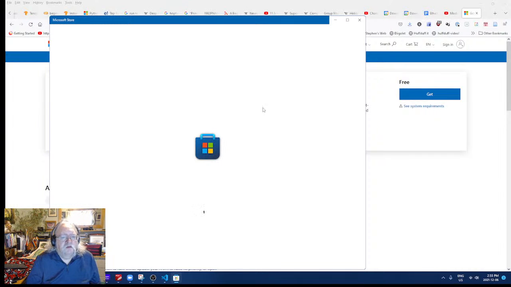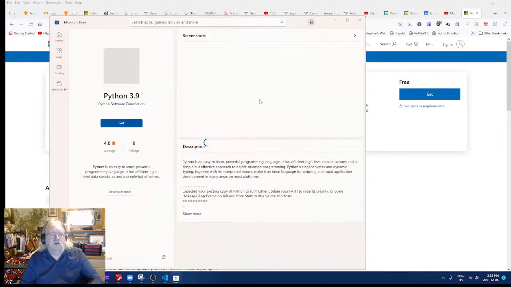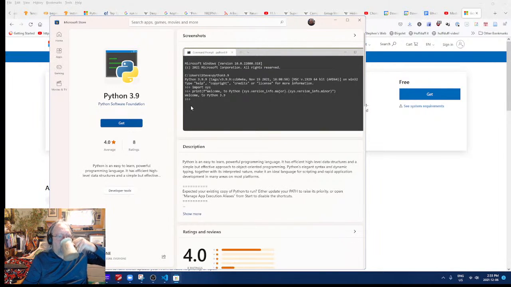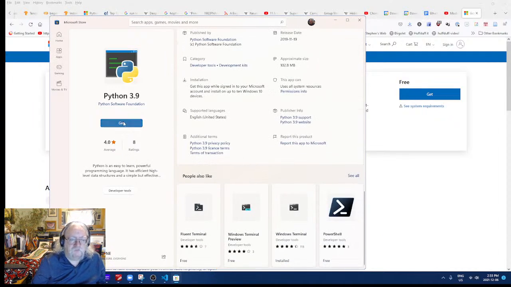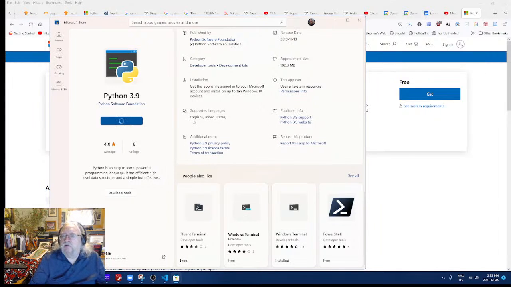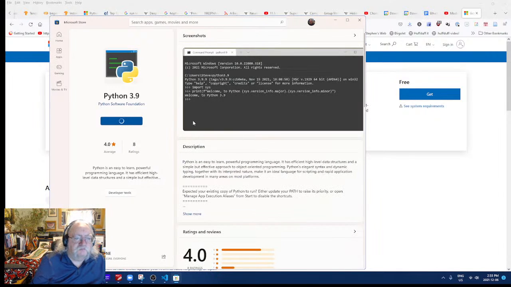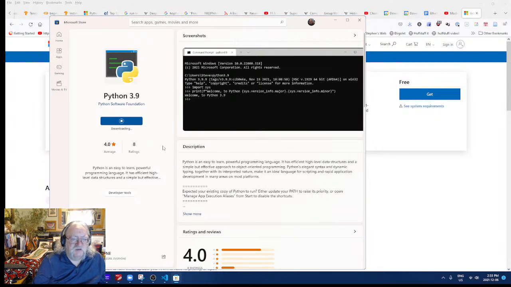I don't know why it thought it wasn't installed. Installing Python again. Downloading. Shouldn't take too long. 6 of 35, 8 of 35, 35 of 35. Installing.